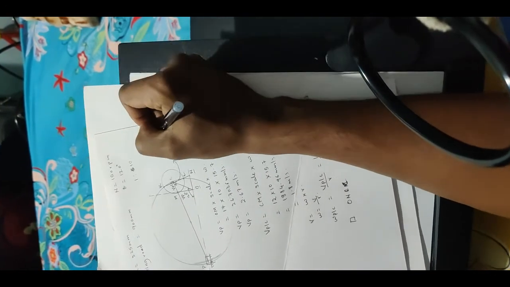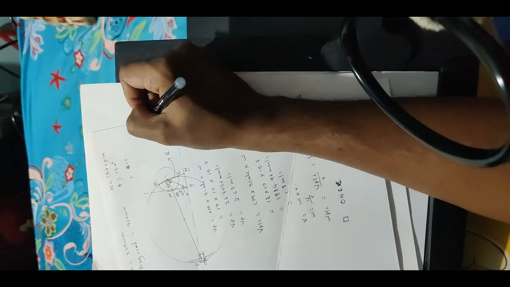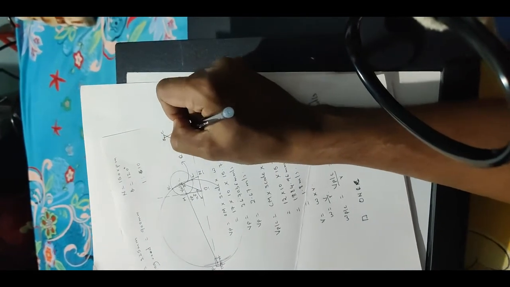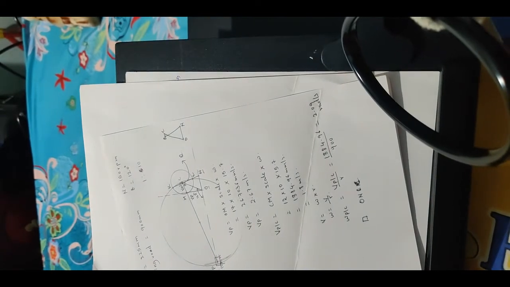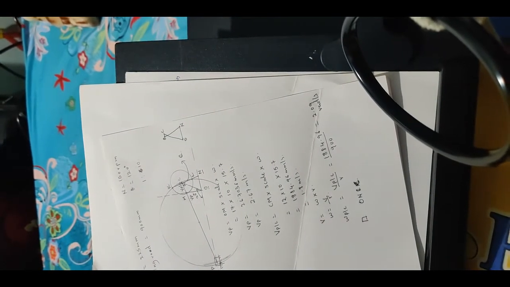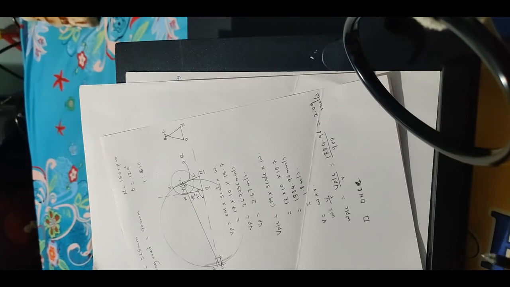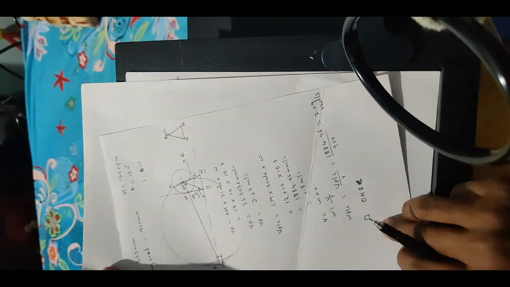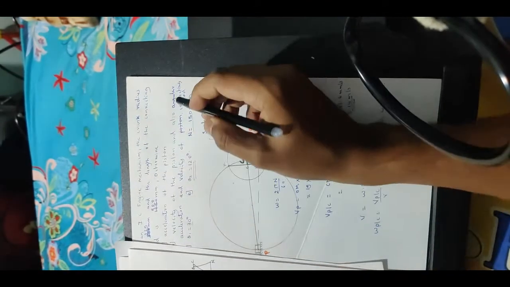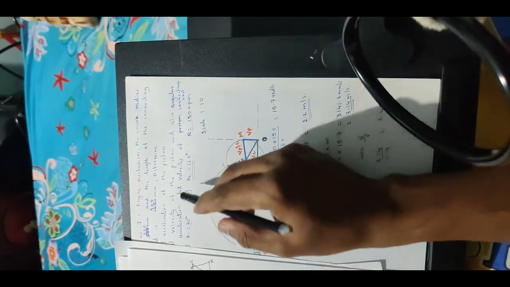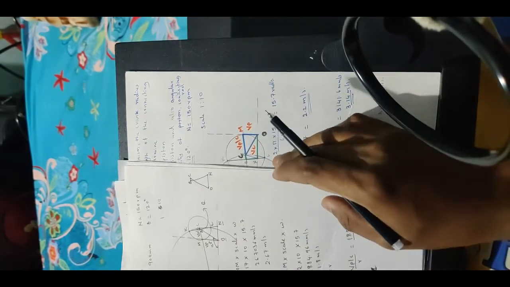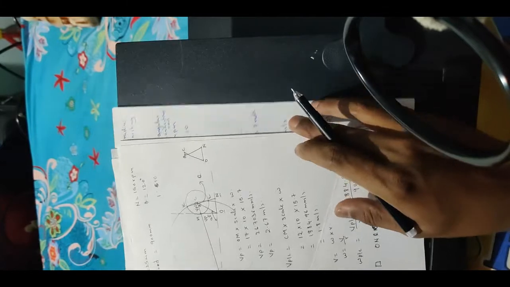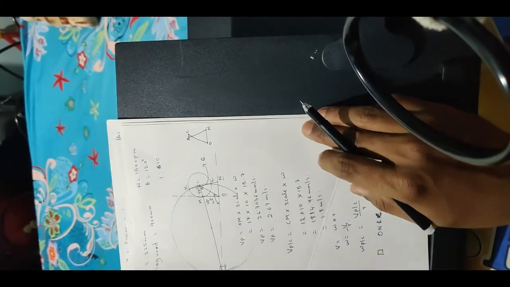So this will be Q, this will be C, this will be O, and this will be N. Okay, this will be the quadrilateral here. From here we need to find out the angular velocity, angular acceleration of the connecting rod, as well as the acceleration of the piston. So what will be the acceleration of the piston? In the previous problem we have studied the value of ON, the bottom one.